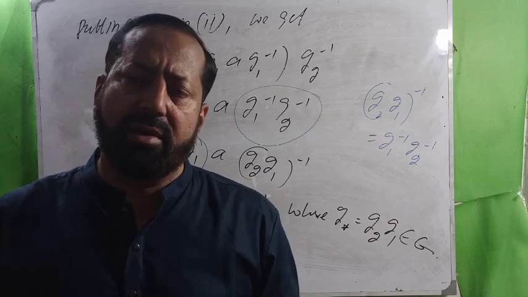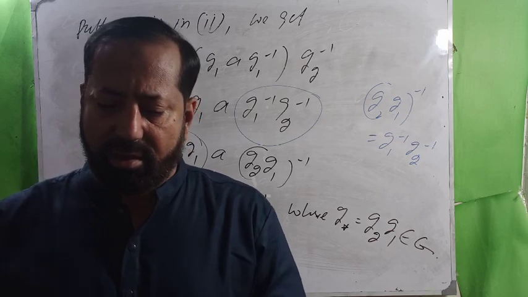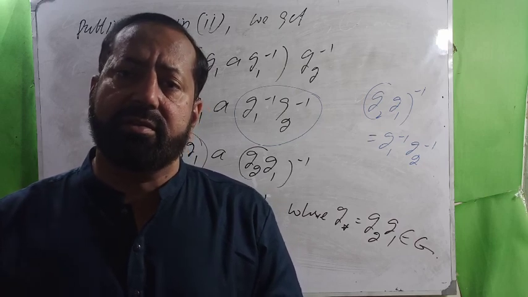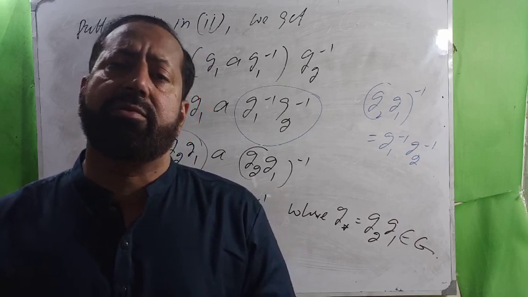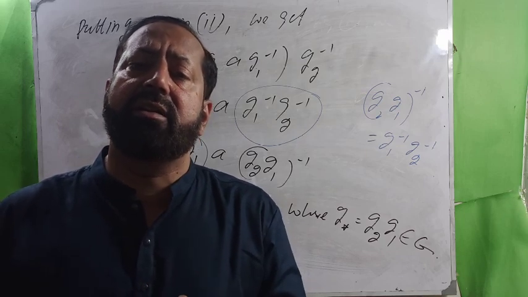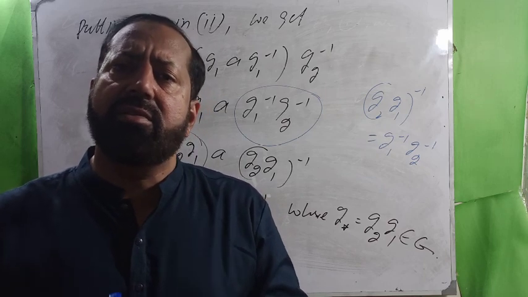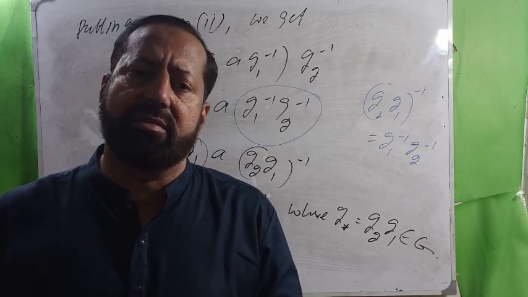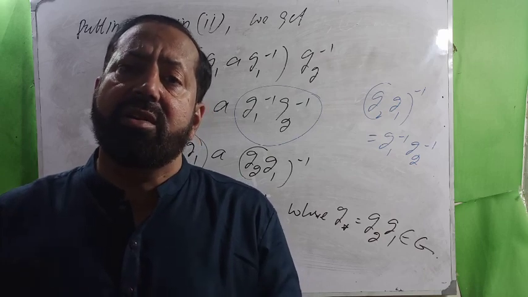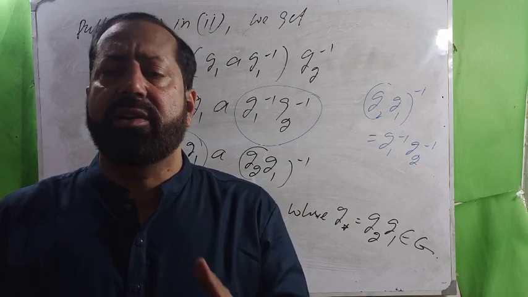In elementary number theory, you must have learned the idea of congruence relations. This is also an equivalence relation. So I'll define a congruence relation modulo 100 on the set of integers. You will find 100 remainders, namely 0, 1, 2, 3 up to 99. And every remainder contains a class. When I say 0, this means the set of all those integers which leave remainder 0 when divided by 100.